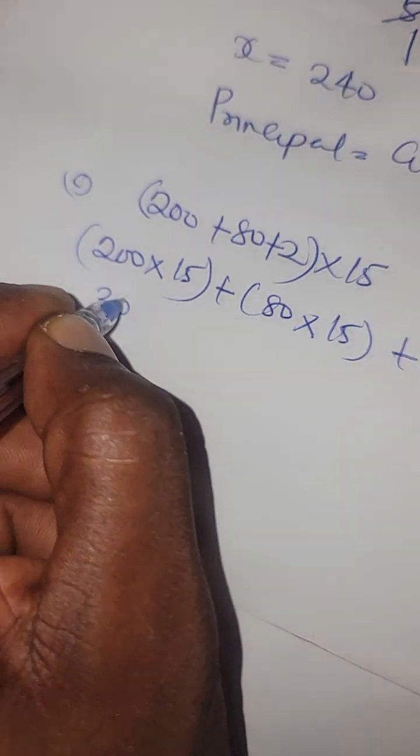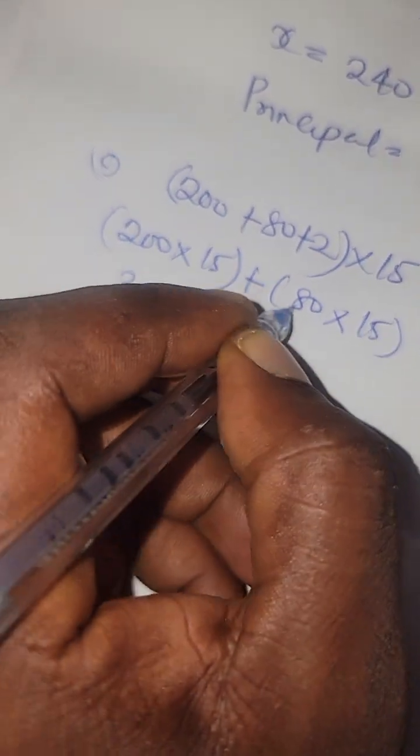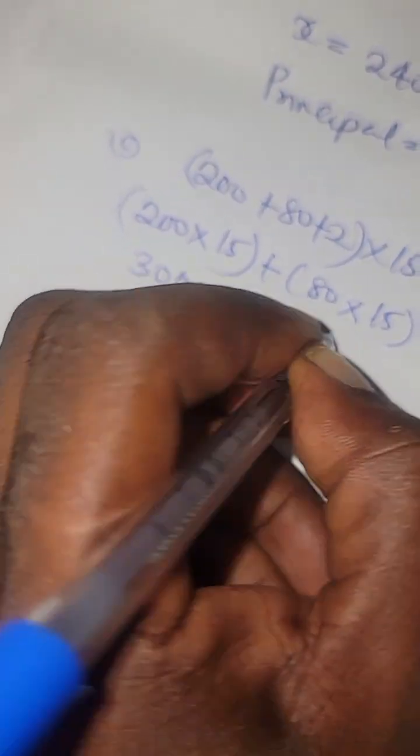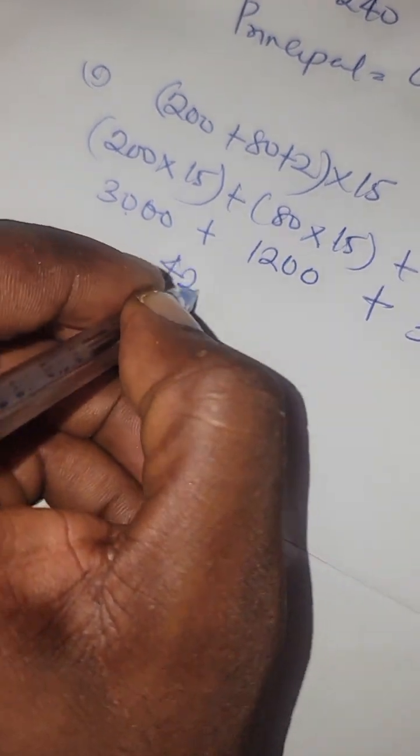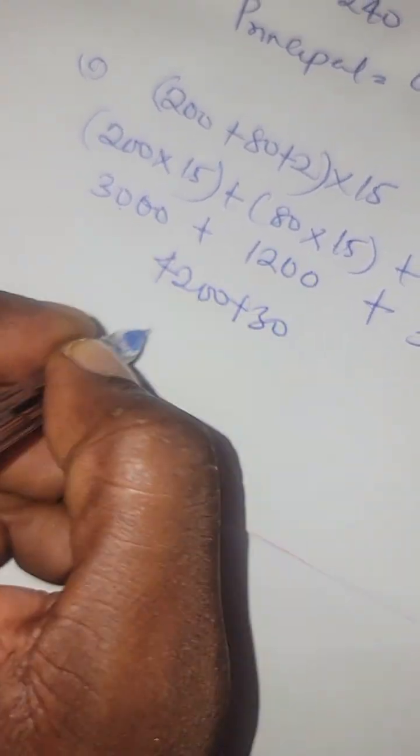2 times 15 is 30, and then our 2 zeros. 8 times 15 is 120, and our 1 zero. 2 times 15 is 30. 3000 plus 1200 is 4200. Plus 30 is